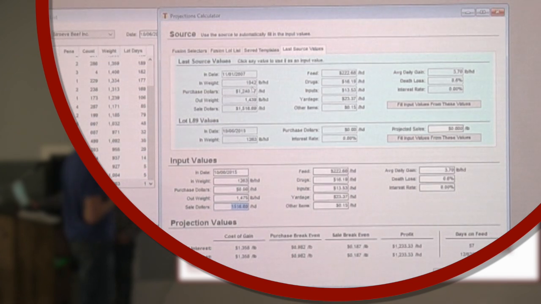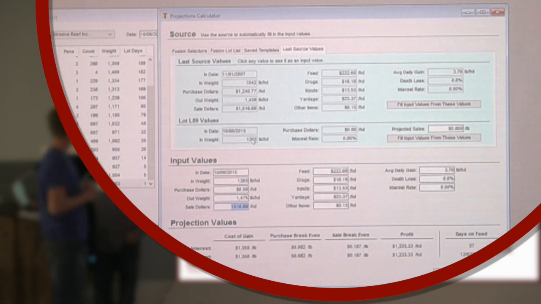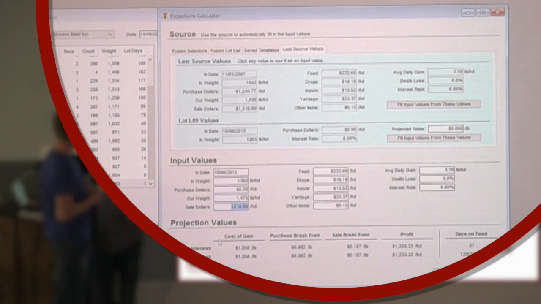The reason this jumped up so quickly is because the average weight for the group of cattle was right around 1,050 pounds, and the lot-specific information we're looking at is 220 pounds heavier. That's obviously going to change your cost of gain and your break evens a little bit. So if we adjust that, we can kind of mimic that, or cheat that a little bit,